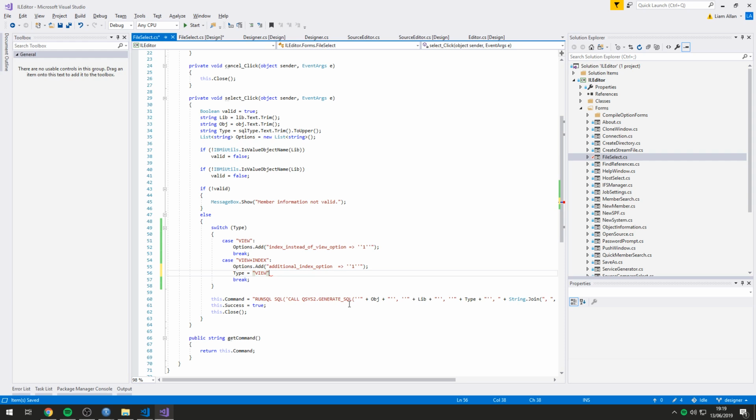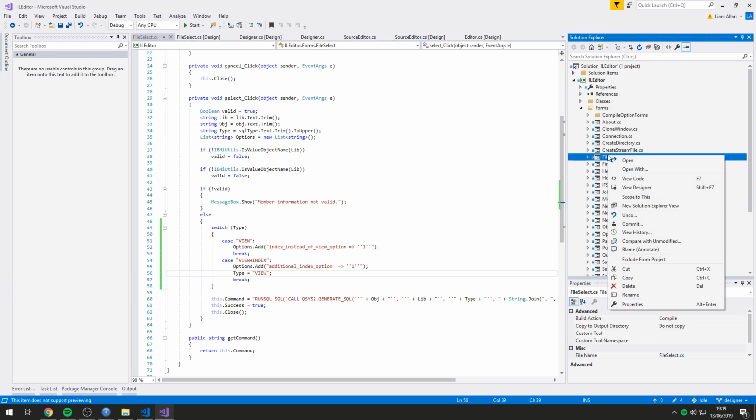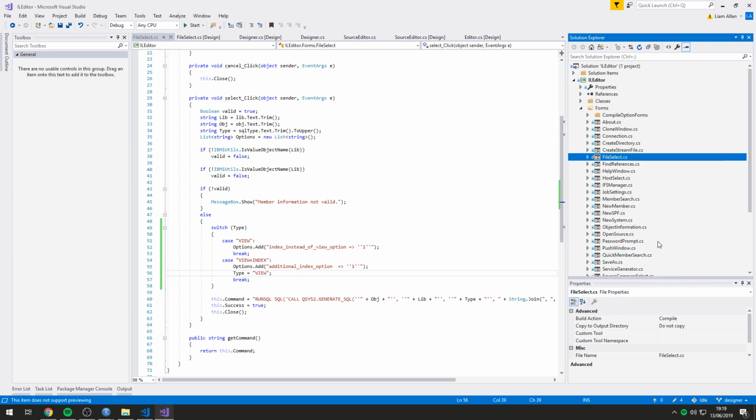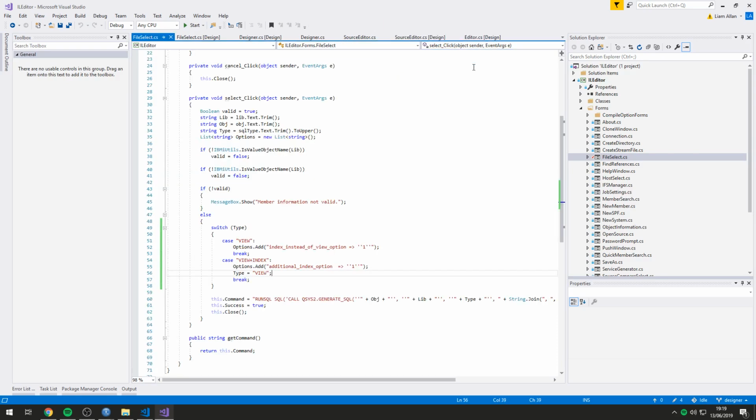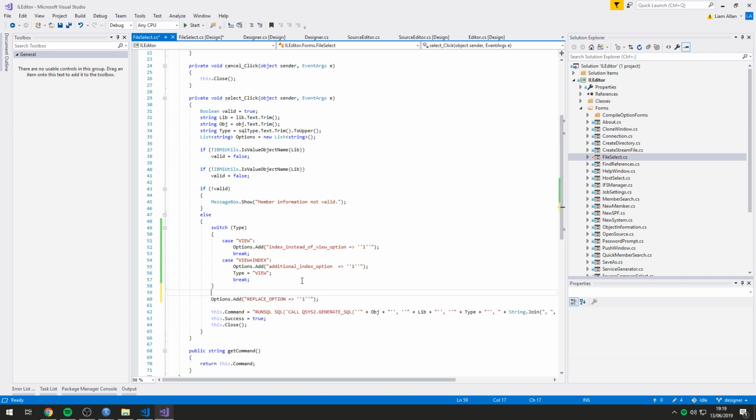Oh, did I get rid of something I shouldn't have? Where's the diff? I did get rid of the replace option by accident. There we go. So,